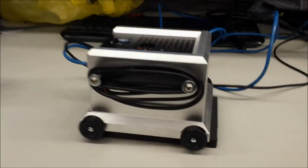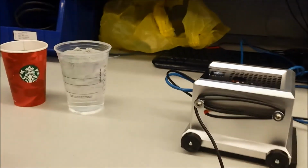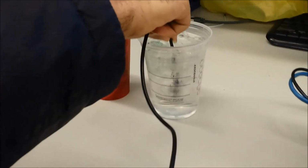In this portion of the video, we demonstrate the readings from the temperature sensor being plotted onto ThingSpeak. As you can see, we have a cup of ice water and hot coffee to test the sensor with. While the sensor was in neither liquid, it recorded temperatures of 25 degrees Celsius, which was the temperature of the